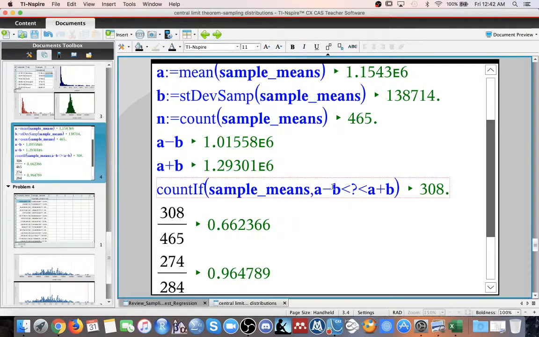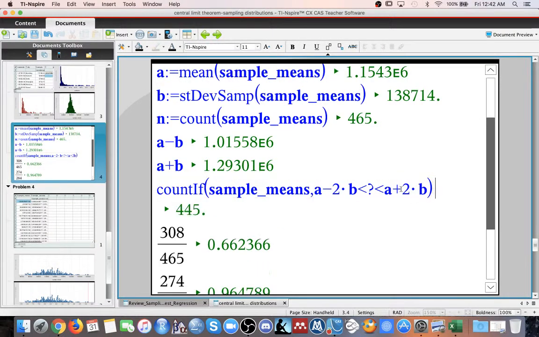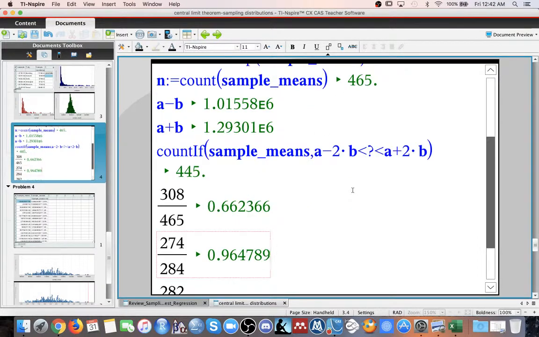If we go 2 standard deviations away, that's 445 of the 465. So let's see what that would be. 445 of the 465 data points is 95.7%. This is extremely accurate to what it is in theory. In theory, it's 95%